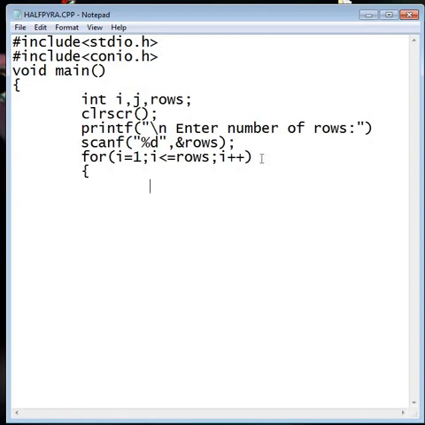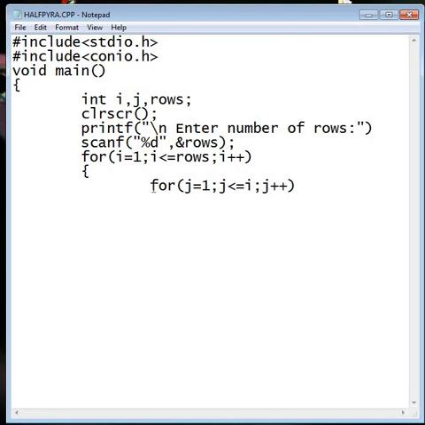This is the loop body, and inside it I have initialized another loop. Here the loop variable is j, and this is also initialized by 1, and j less than or equal to i, and j plus plus.